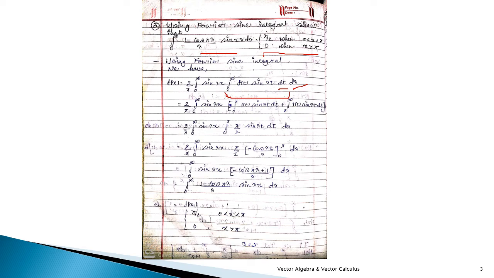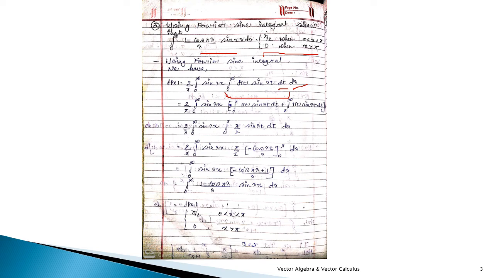So greater than that we will go further, like 3 point something, 4 point something, so that will go to infinity only. Okay, so you can see that your initial limit is 0 and the ending limit is given as infinity. So of course we can start from 0 to pi, and the second one will be pi to infinity. So I have written here 0 to pi, and the other will be pi to infinity, and that will be as it is for both the functions.